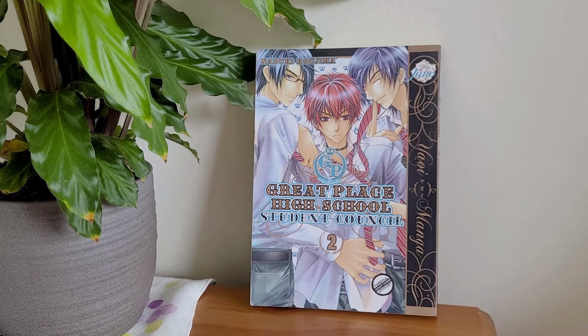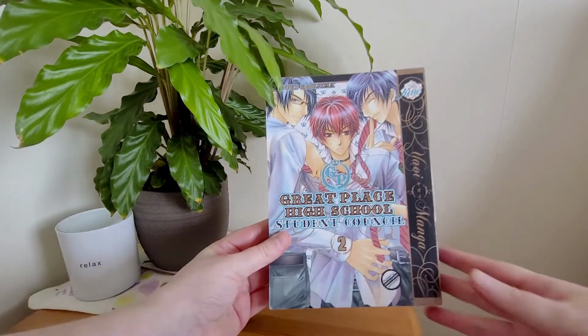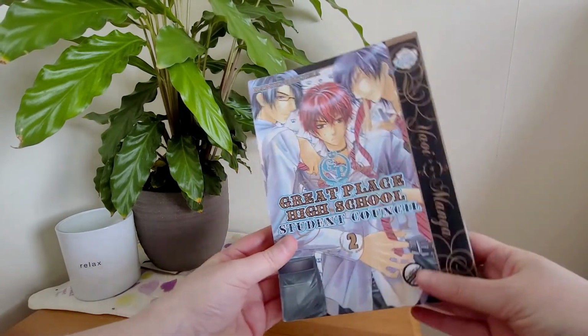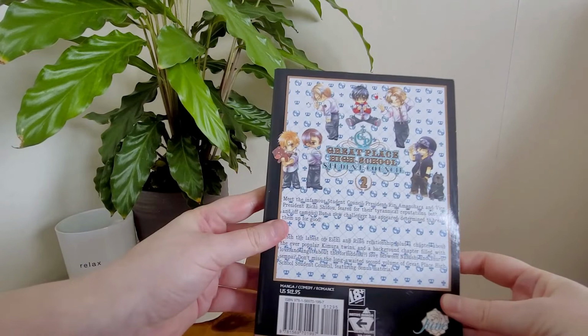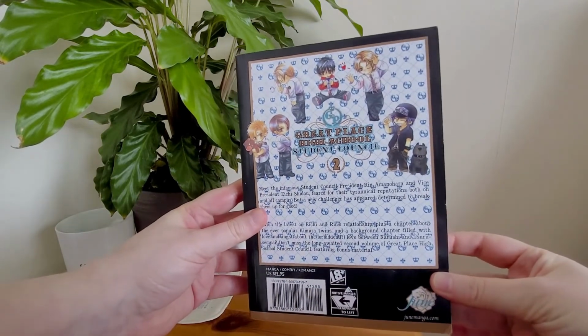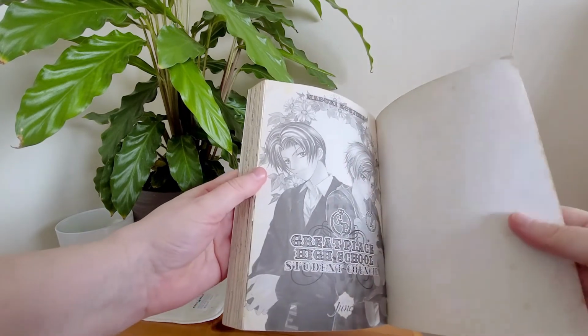I probably shouldn't be so rude, but yeah, I am. But I'm just really happy. This is not like a great copy by any stretch of the imagination. There's yellowing, there's spotting, it's a bit dog-eared, but I did manage to get this for more than I would have liked to pay, obviously, but